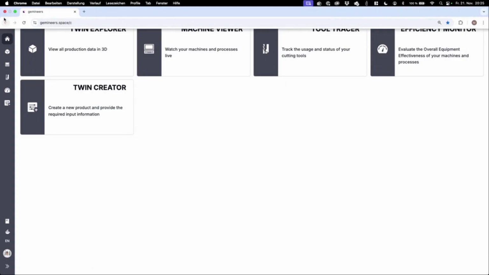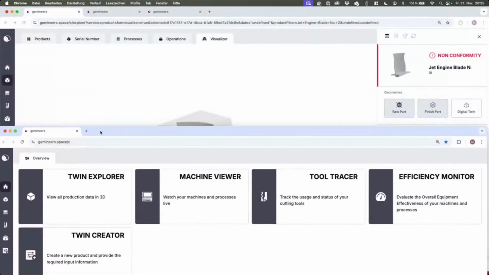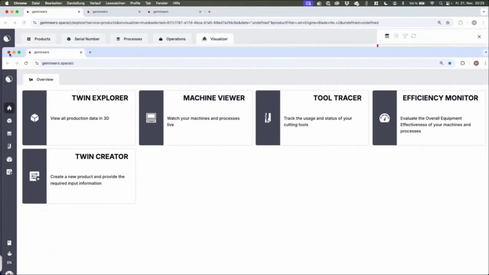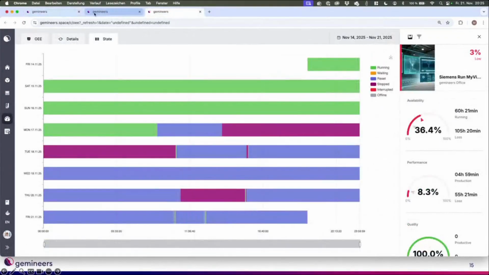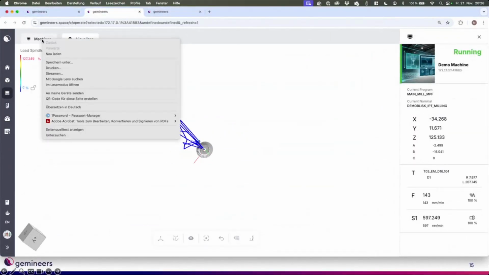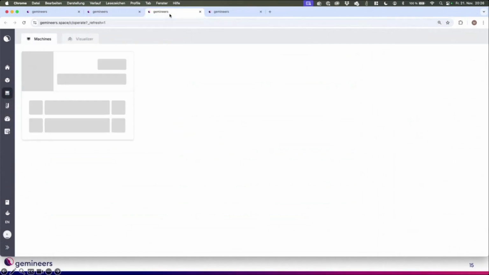Wait a second, I need to make it smaller again. Yeah, so I already prepared a little bit to save us the loading times over the internet. A little bit of what we do. So when we go to the live demo, this is currently the live one. You see in an overview window